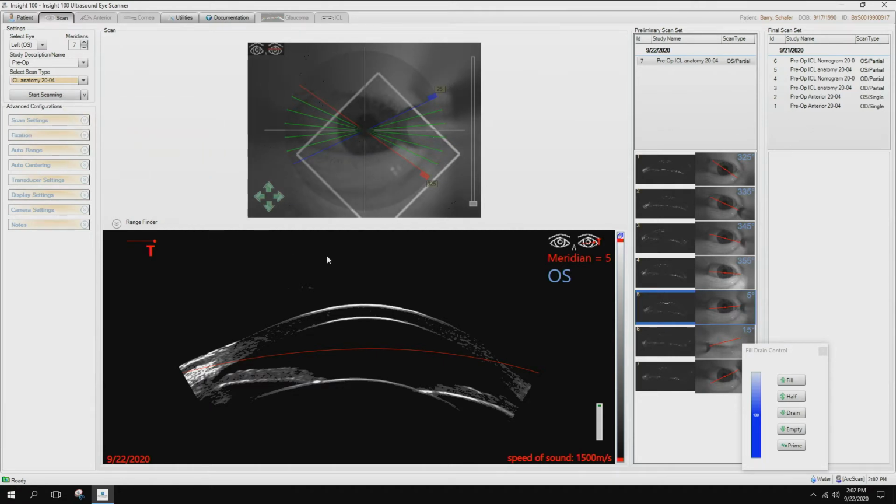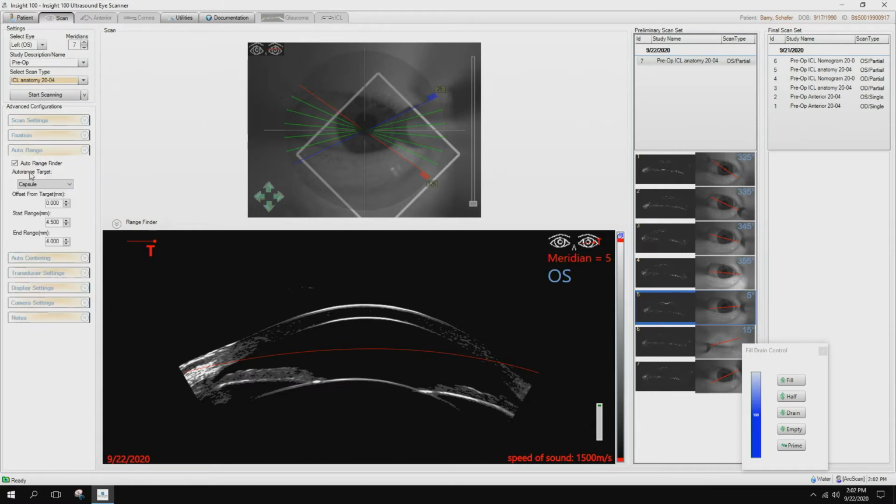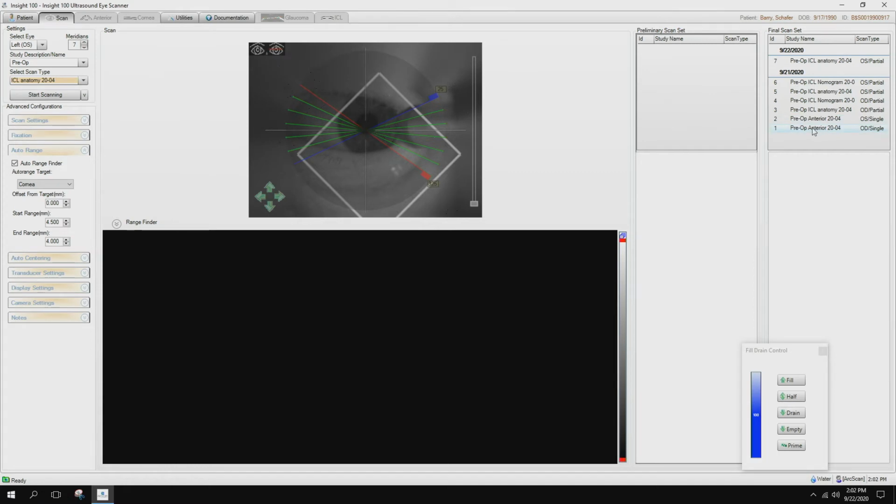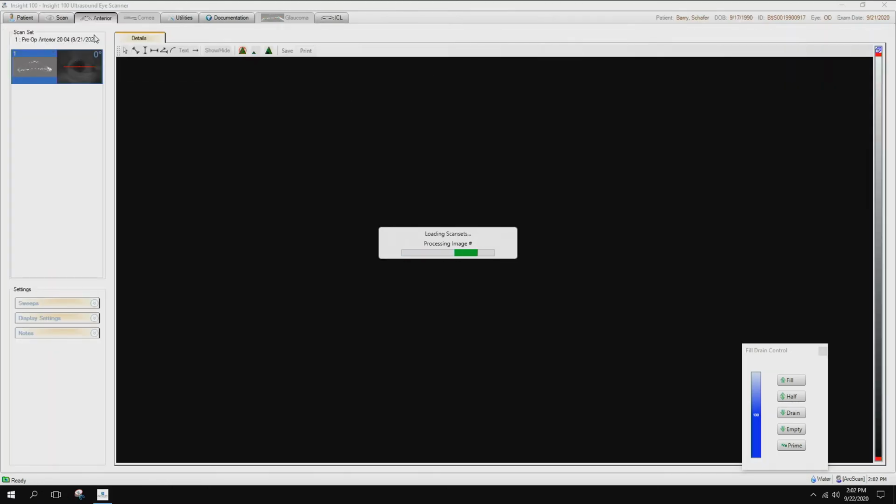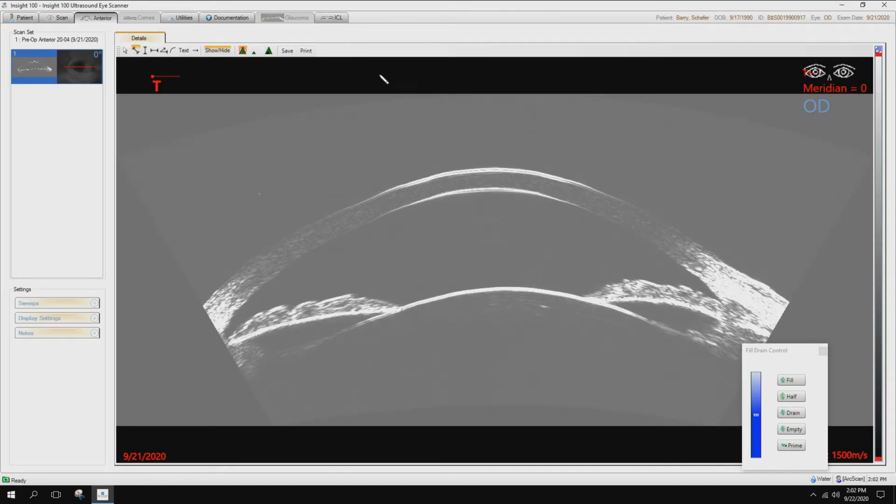Here, I just want to show you the focus line is not quite right here. So I'm going to go to this auto range, and I'm going to change this to cornea. And I'm going to take a measurement of this scan. Let me just get this here. I'm going to take a measurement from the cornea to the lens,